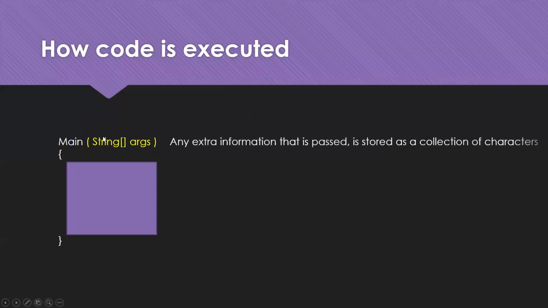Normally when you write the main function, you put these parentheses and you write String, these square brackets and args. So args stands for arguments. Any extra information that is passed is stored as a collection of characters. So if you pass any extra information, as in the example previously, I wrote